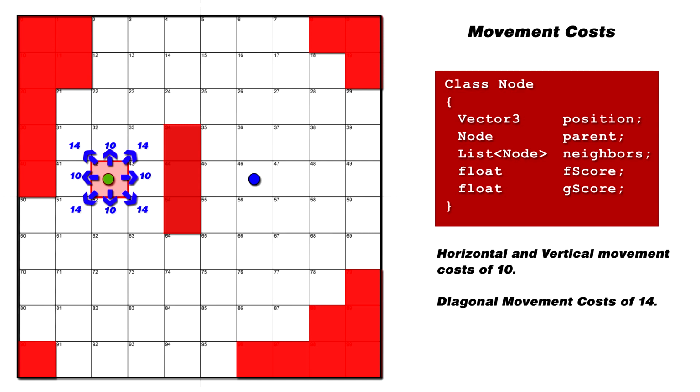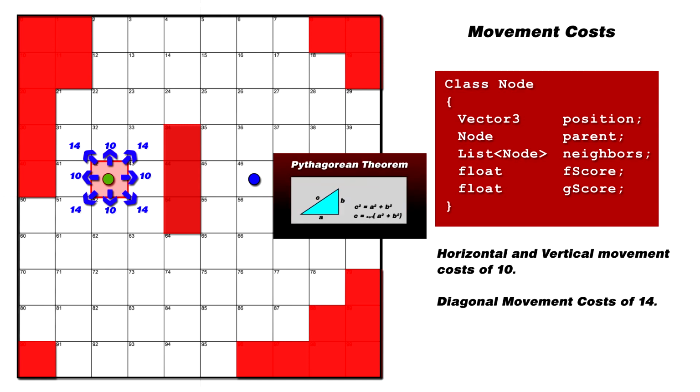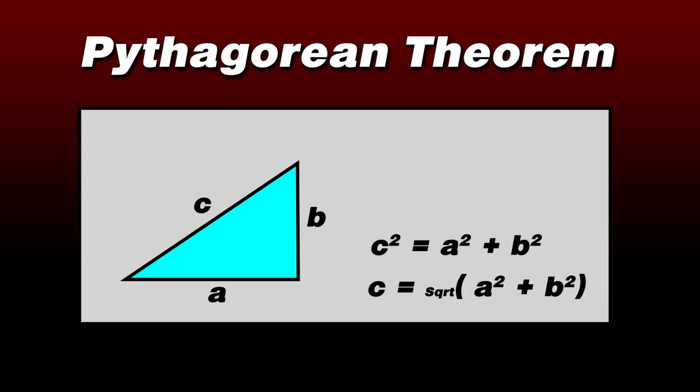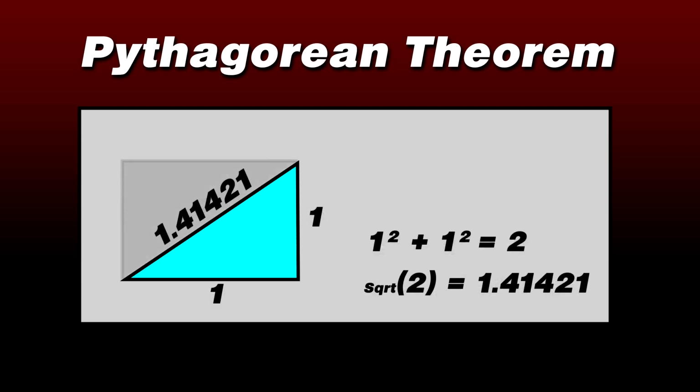Why 14? Well, remember that Pythagoras theorem from high school? That's right, the squared length of the hypotenuse, that's the diagonal distance across a square, is equal to the sum of the squared lengths of the other two sides. Or to view it more simply, the diagonal distance across a square with a width and height of 1 is simply the square root of 2, which is approximately